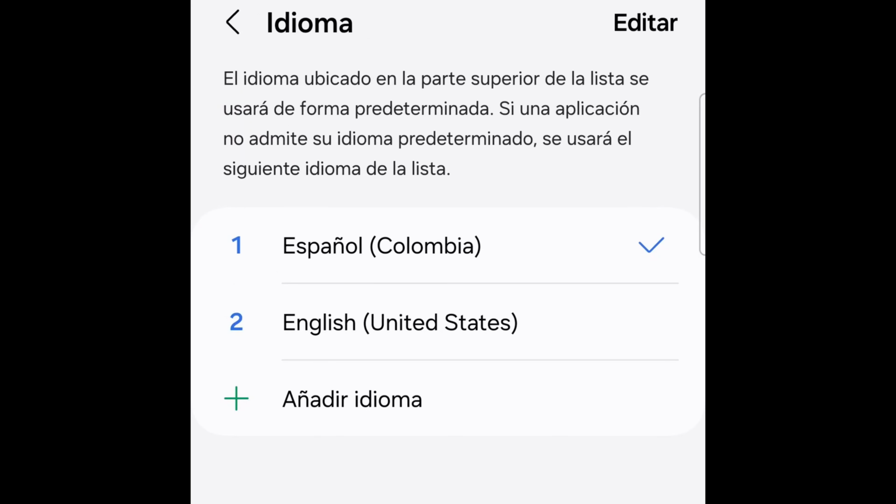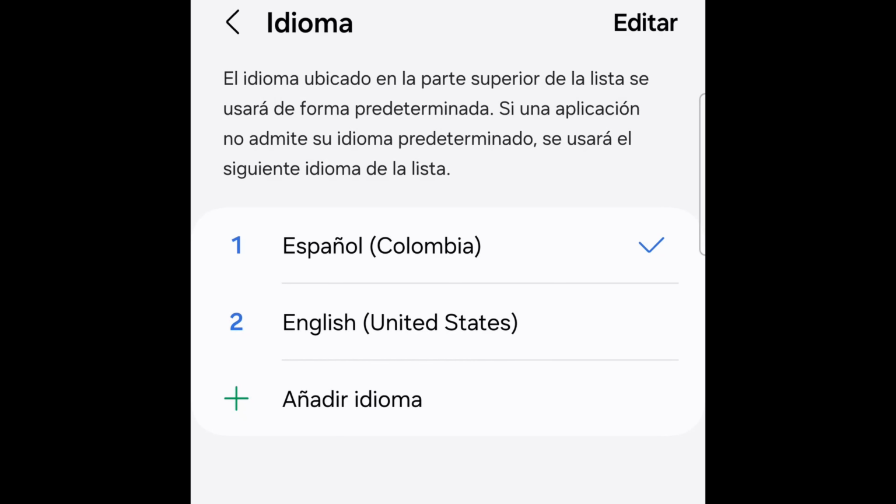So Español Colombia, okay? And you see el idioma ubicado. Idioma means language in Spanish, okay? El idioma ubicado en la parte superior de la lista se usará de forma predeterminada. Si una aplicación no admite su idioma predeterminado, se usará el siguiente idioma de la lista.